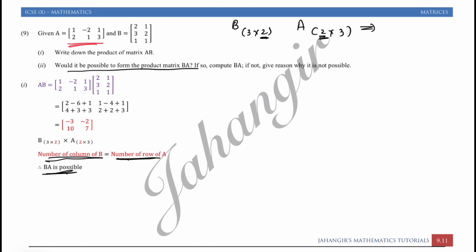So let us see what will be the order of BA. So order of BA is this: first part times last. This is very important. You should know how you will get the order of a product. So that is first matrix का rows and second matrix का columns, that is 3 by 3. Now multiplication will be in the form of a 3 by 3 matrix. So let us multiply BA.